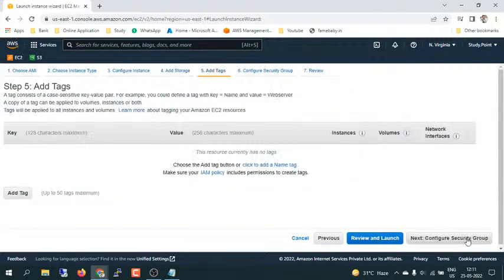Okay, next, if you need to add tag details, you can just add the tag here. If you don't need to add one, you can just ignore that. Okay, after that click next,